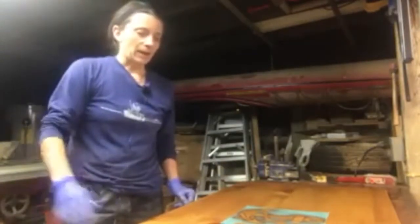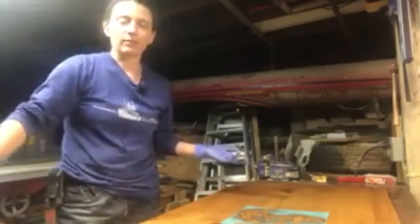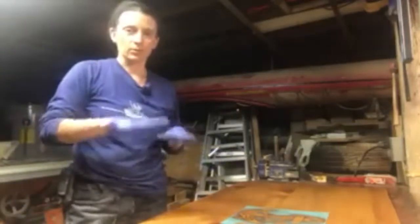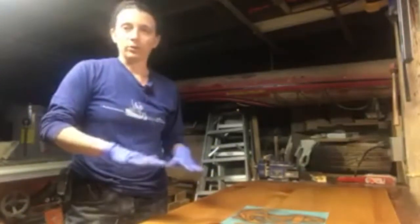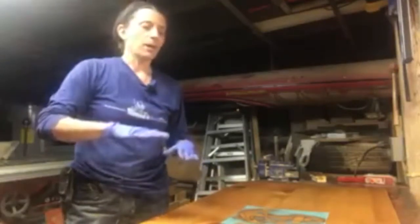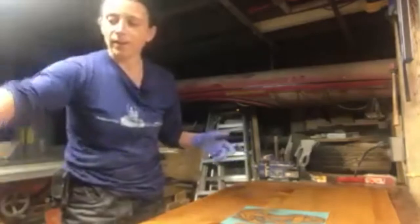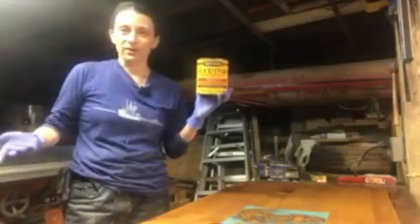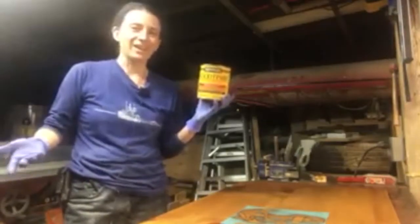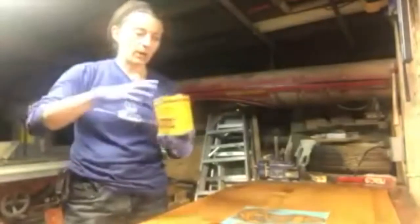So I actually just refinished this with Danish oil. I've been doing a lot of stuff with Danish oil, and I find that it actually works better because it soaks in and is a little bit harder of a finish. So when I do the next layer of stain on top of it, it doesn't bleed as much. But the other stuff that's in the room and the whole rest of the coffee table is already done in this Puritan pine, so I'm kind of stuck. I didn't want it to be the one different thing in the living room, so I'm going to be doing it with this. So I already did a coat of Puritan pine on the top of the coffee table,